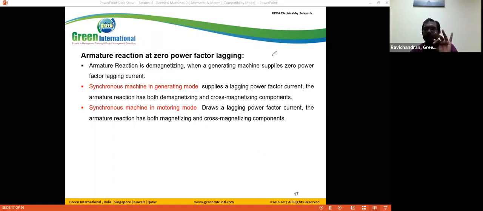Now we are discussing the alternator. The working principle of the alternator is similar to the synchronous motor. So this alternator we also call a synchronous alternator. The construction of the synchronous alternator is similar to the synchronous motor. So that's why here I mentioned that if the synchronous machine is operated in generator mode, otherwise the synchronous machine operates in the motoring mode.